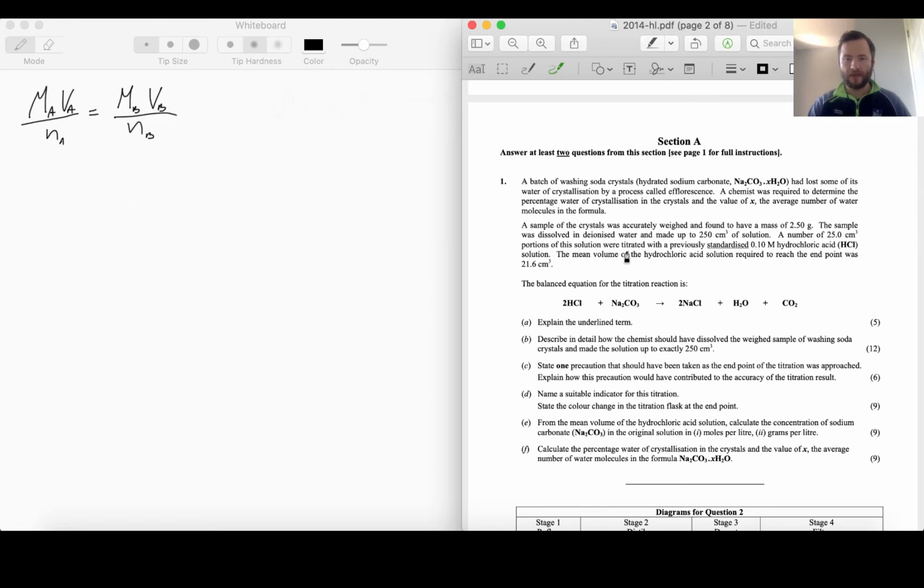Then that sample was dissolved in DI water to make up 250 cubic centimeters of solution, and a number of 25 cubic centimeter portions of that solution were titrated with a previously standardized 0.1 molar hydrochloric acid. So the mean volume of the titre was 21.6, and I'm going to skip all the theory questions, although I will highlight the fact